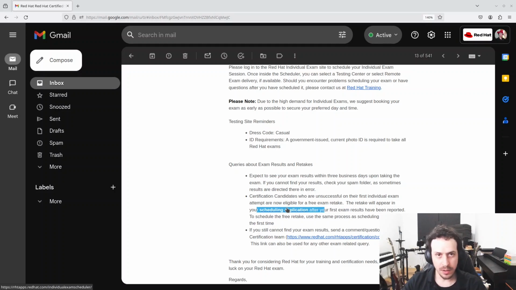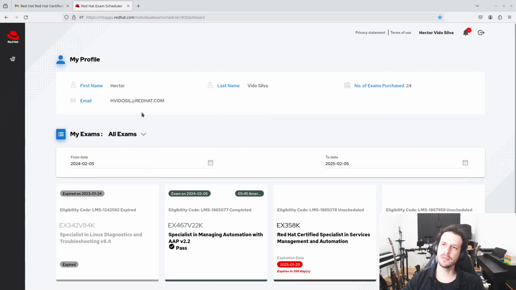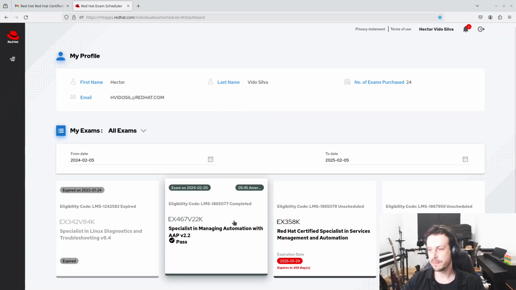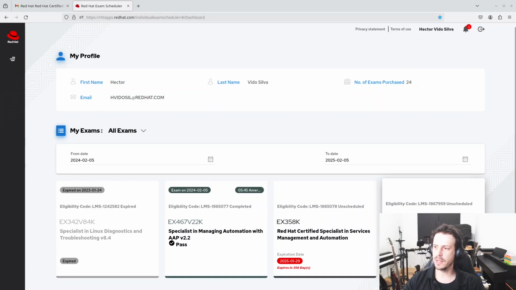When we schedule our exam, we choose if we're going to do this remotely or in some Red Hat place, like a company, a partner, etc. So I will click here, and this is the interface. So this is the last exam I did. And this is the one I bought, the EX188. Okay, so I will click here,